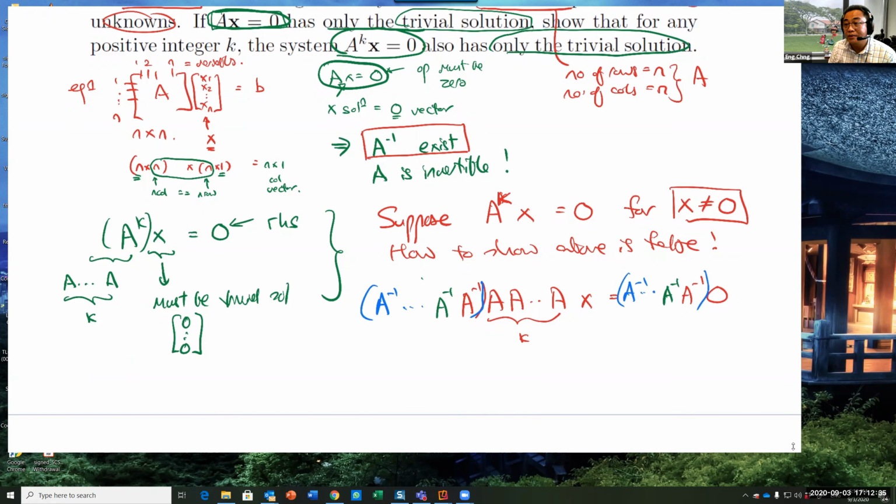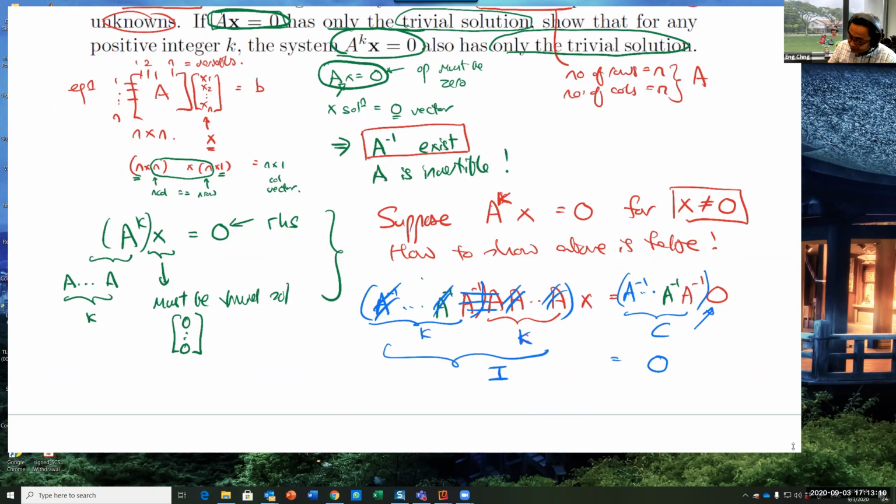Now A minus 1 exists. But it doesn't matter what you get on the right, because let's call it C. C multiplied by 0 equals 0 on the right hand side. What about this one? It is k times. Let's strike this off. A minus 1, because I can open up the bracket. That's the idea. I open up the bracket and we can strike off. Then we strike off this one. And then we keep on striking. And then all we are left with